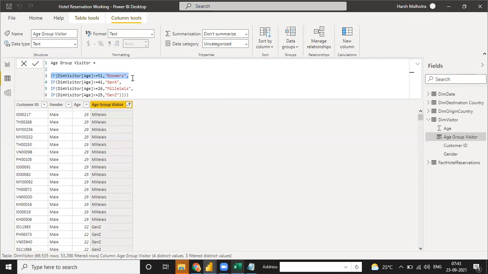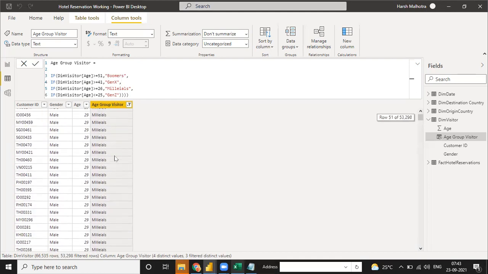Because see, in VBA coding, when you do it in Excel, the function is executed line by line. It means first only this function is executed. If this function is executed in all its lines, then this function is disabled. Now they execute this function only, and when these two functions are already executed, then only these two are executed, and these two are disabled. That is the benefit of using Power BI.